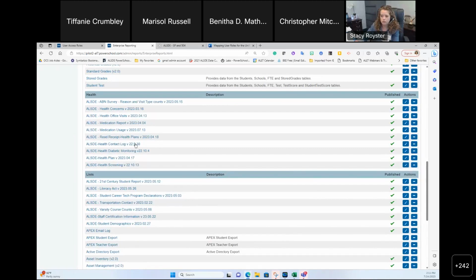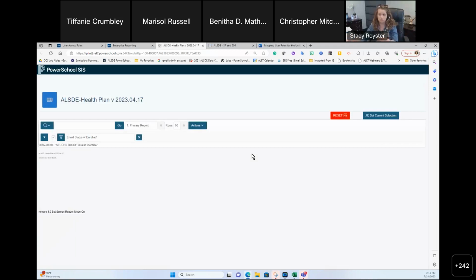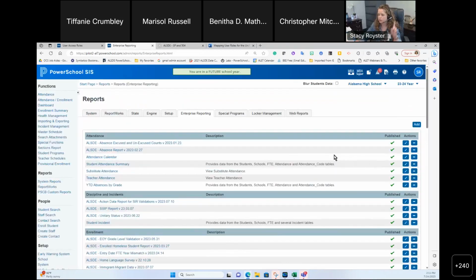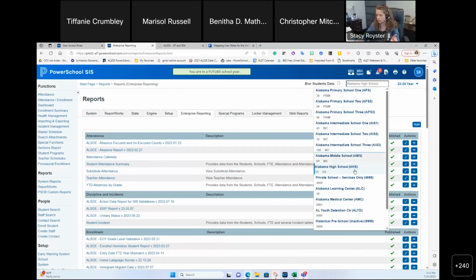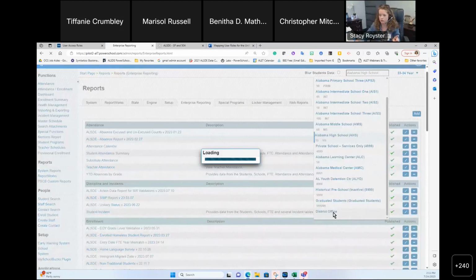And then we also have a health plan report up here that is available. So again, if your person has installed this for you, I can go in here. This is one that you do have to run at district office, which by the way, we are working on a workaround to. So stay tuned on that one. But let me show you what it is, Eric. If I go back to district office